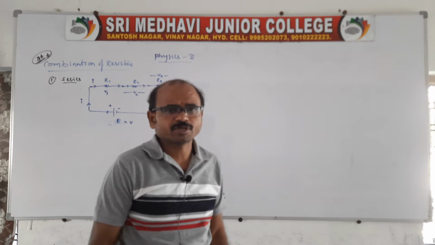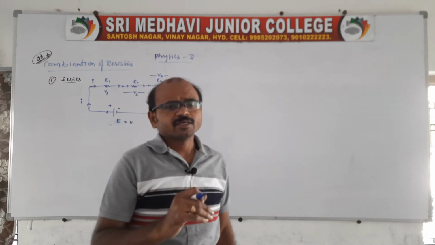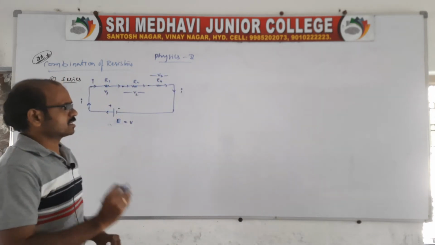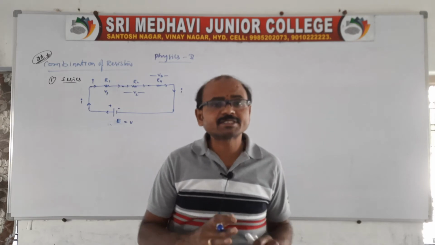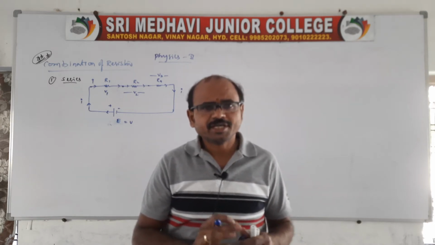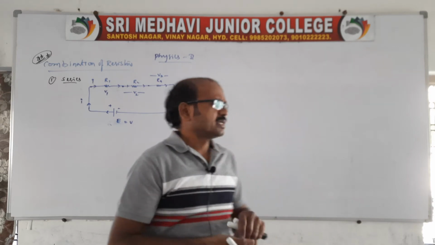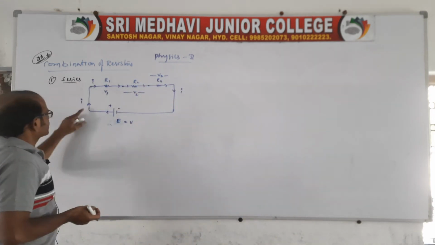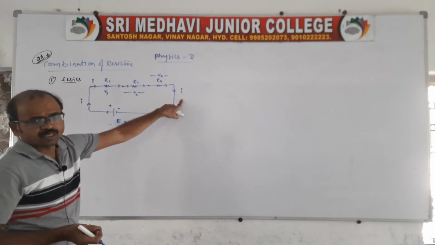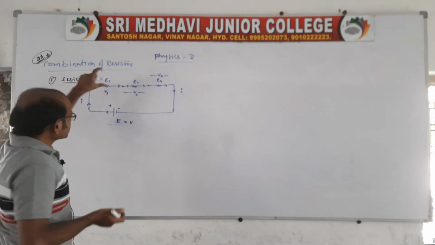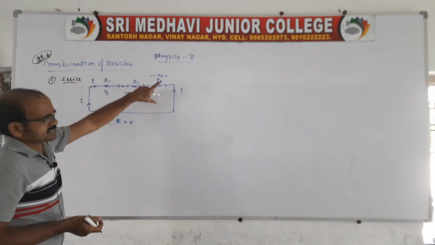This is very important. Already we know that in capacitors in series, the charge remains the same. Here also the current remains the same, because there are no junctions. If there were junctions, the current could be divided. But here, whatever current enters at this point leaves at C, so the current remains the same in each and every resistor.